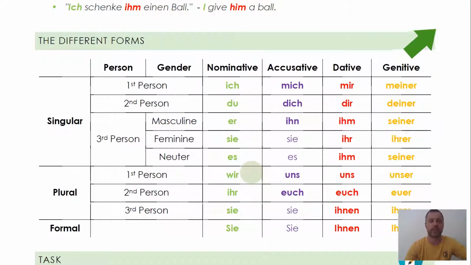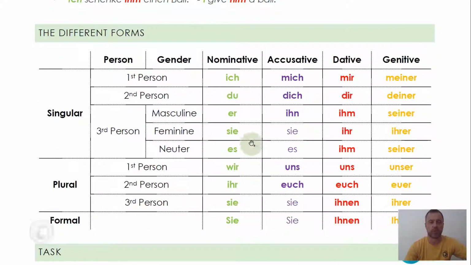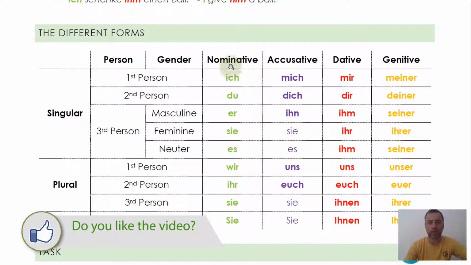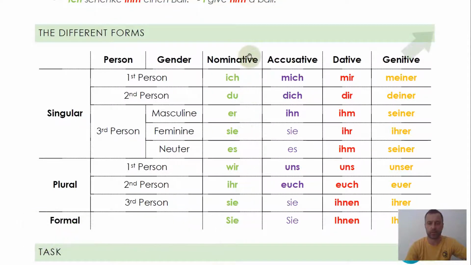Now let's check out the different German personal pronouns. You know this version already from yesterday's video. If you don't, I linked yesterday's video here in the info cards for you too. So ich, du, er, sie, es, wir, ihr, sie, and the formal version Sie translates to I, you, he, she, it, we, you, so the plural you, third person they, and again you, the formal version.